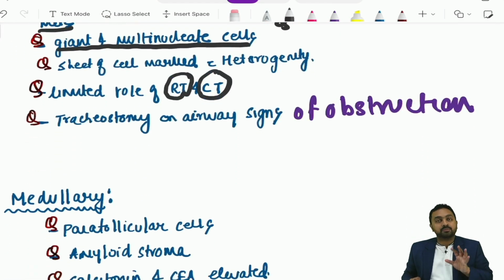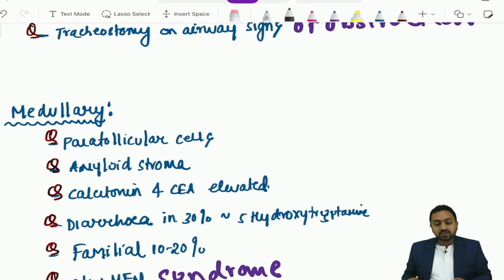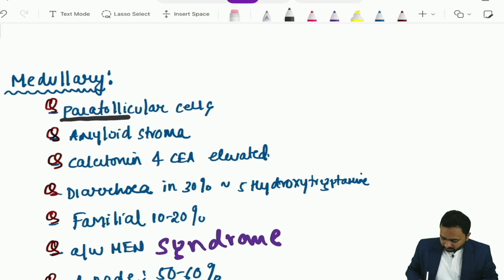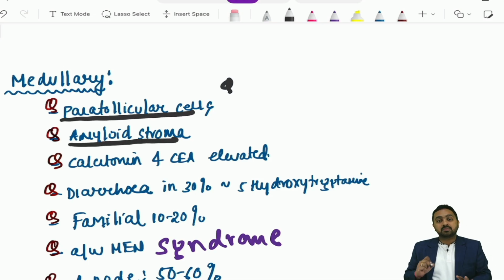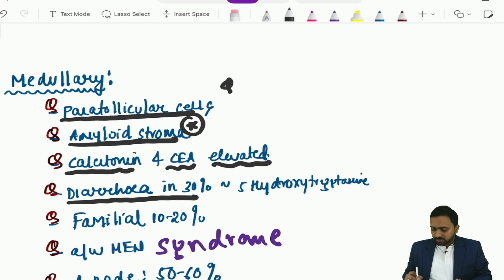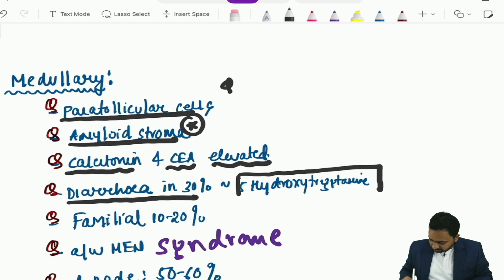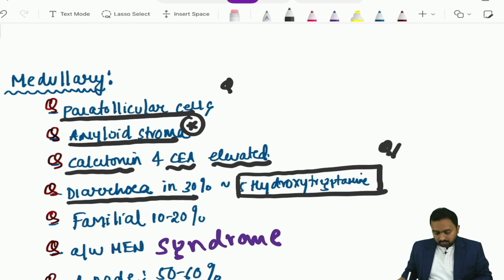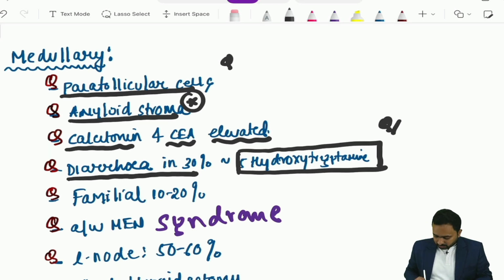Then we have medullary thyroid carcinoma. In medullary thyroid carcinoma, they arise from the parafollicular cells. Now this is the characteristic of medullary carcinoma, that is amyloid stroma. Then they have calcitonin levels and CEA levels elevated in medullary thyroid carcinoma. Now diarrhea is seen in 30% and this has been attributed to 5-hydroxytryptamine. Now they are familial in around 10 to 20% of the cases and they are associated with MEN